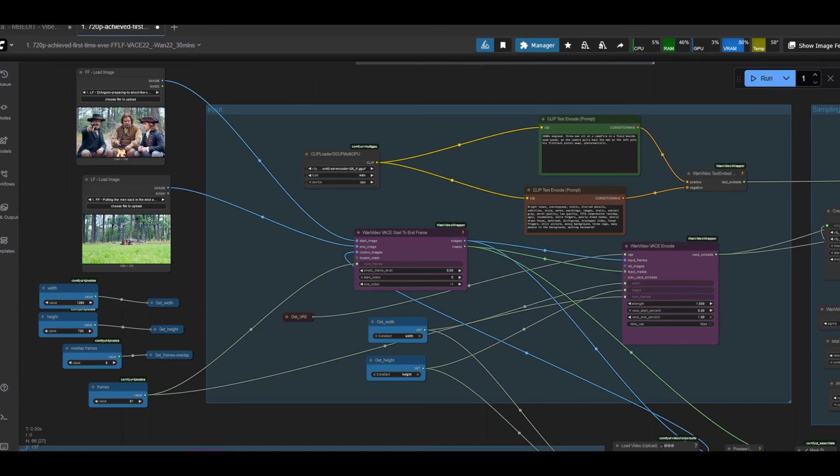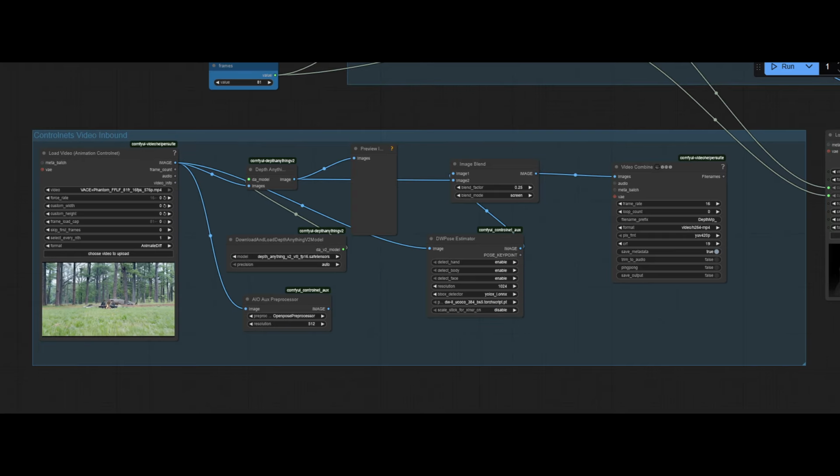So the first trick in this workflow is a bit of a fancy one, I'll admit, and it comes in the form of control nets. Here is the control nets section, and I tend to use it only once to get the blended control net video saved out. Then I bypass this section and use a video loader to run the control net driving video. Why do I do that? Memory, of course, and speed. It means it won't be converting the animation every time I run the workflow.